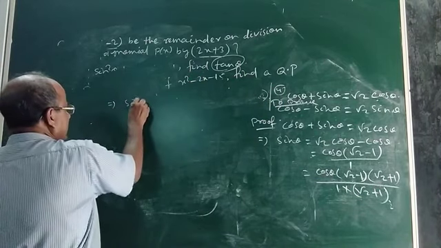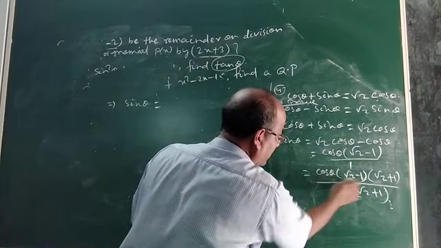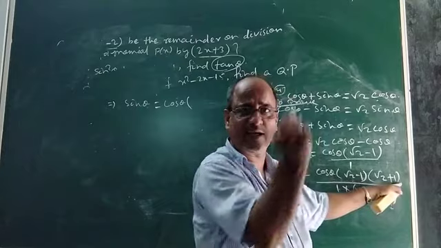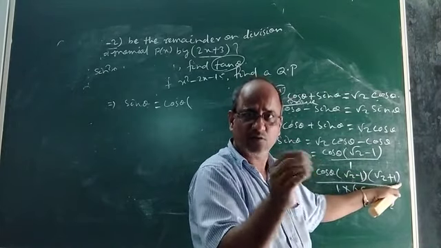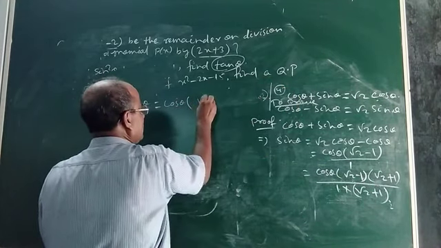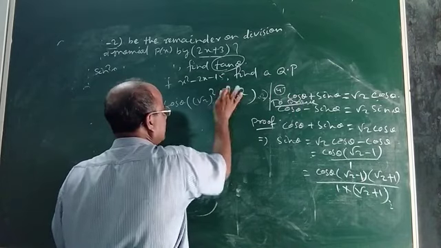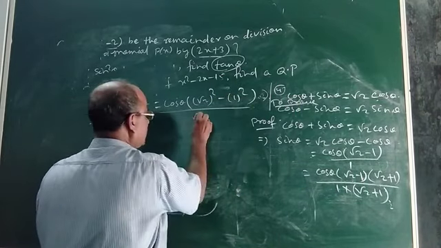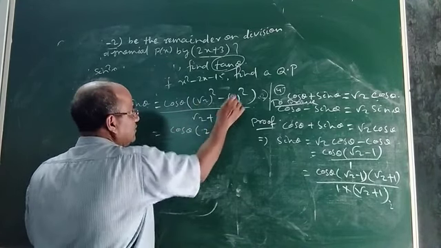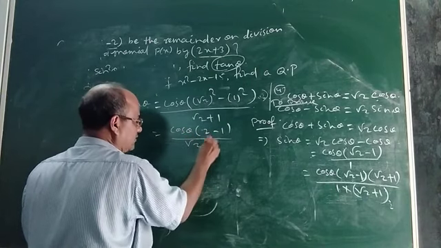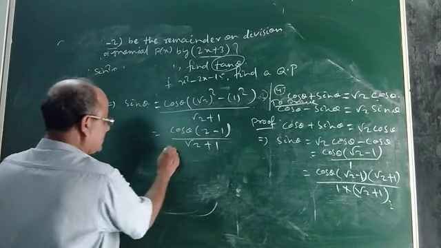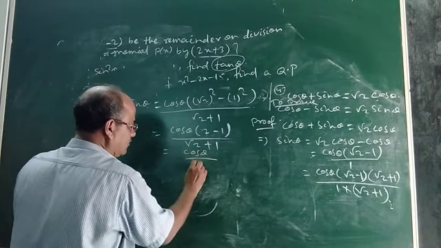see. Now on multiplication, what the right hand side will become, see, it will become cos theta into, look at, this a minus b into a plus b, it is an identity, a square minus b square. We know the formula, so we can put that formula. A square minus b square, that means it will be root 2 square minus 1 square, divided by root 2 plus 1. Now root 2 square is 2, 1 square is 1, and 2 minus 1 is 1 itself. So this is cos theta by root 2 plus 1.